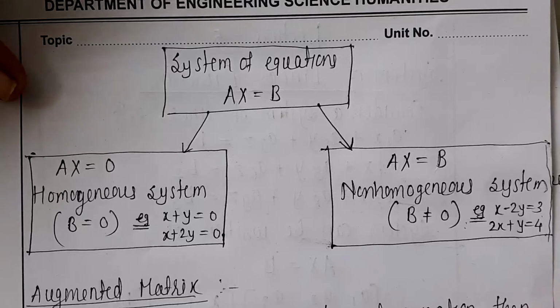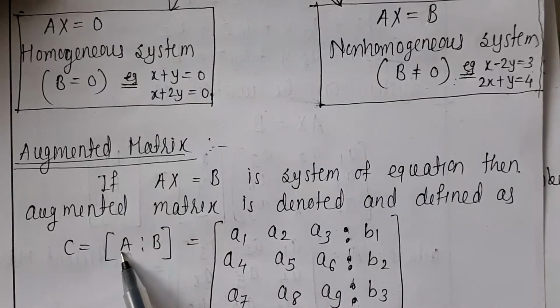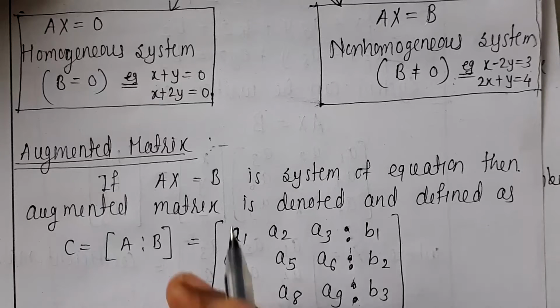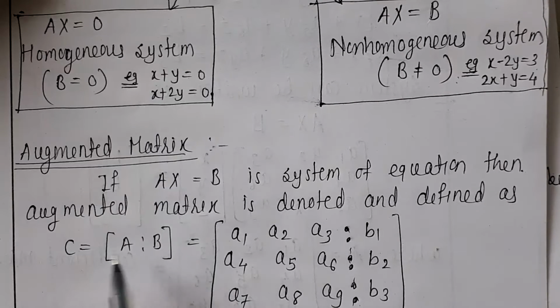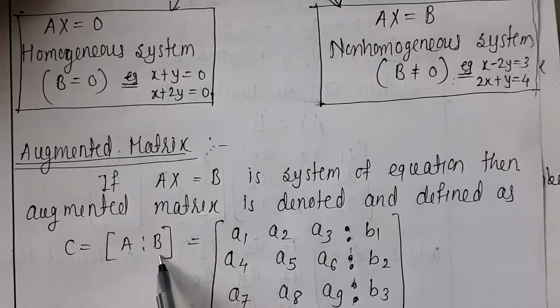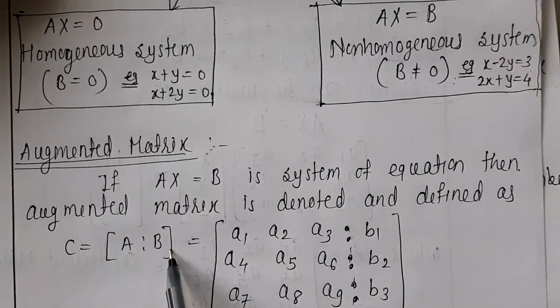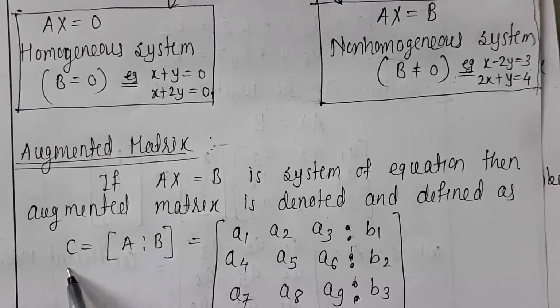So what is an augmented matrix? An augmented matrix is a combination of the coefficient matrix A and the matrix B. B is the constant matrix and A is the coefficient matrix. If we write both matrices in one matrix, then that matrix is called an augmented matrix. Here I have denoted it by C, or you can write it as A dot B. This dot is a partition, given only to identify which is matrix A and which is matrix B, but the combined matrix is known as the augmented matrix C.